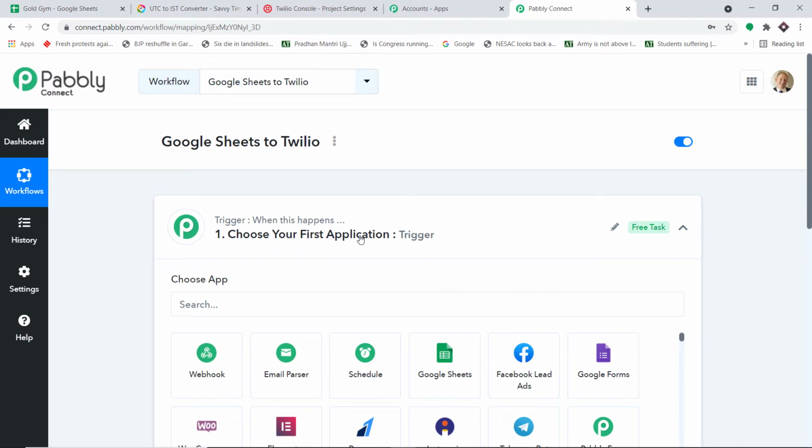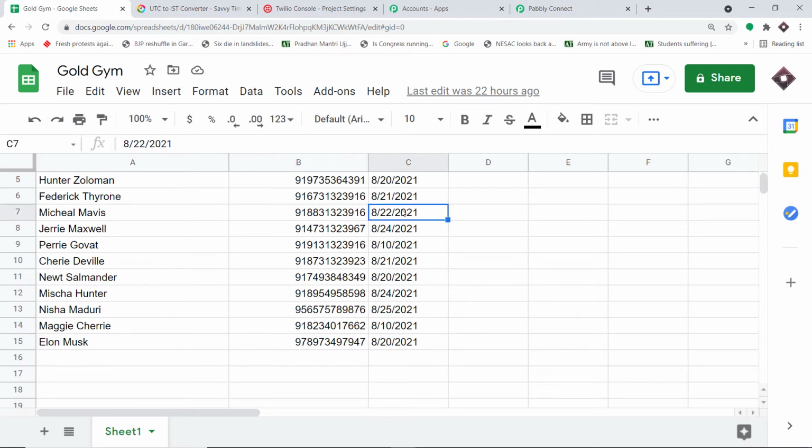Now we want to send the SMS 3 days prior to the expiry date. For instance, let's say the expiry date is 22nd of August 2021. So this person, Michael Mavis, should be receiving the SMS 3 days prior to that, which will be the 19th of August 2021.